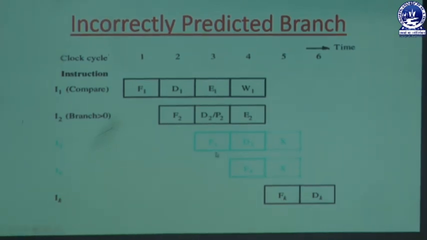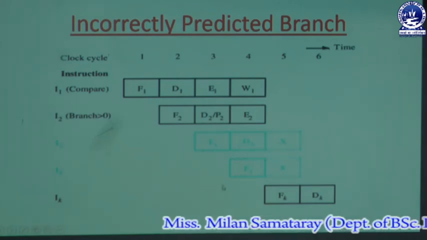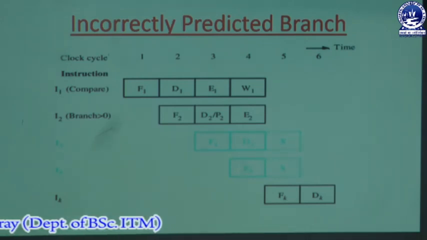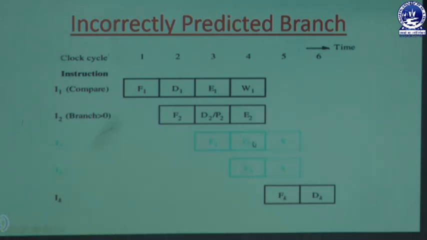According to pipelining, if one instruction is in the decode phase and the next instruction does not depend on its result, that instruction can be fetched by the fetch unit. Then the result of the compare operation